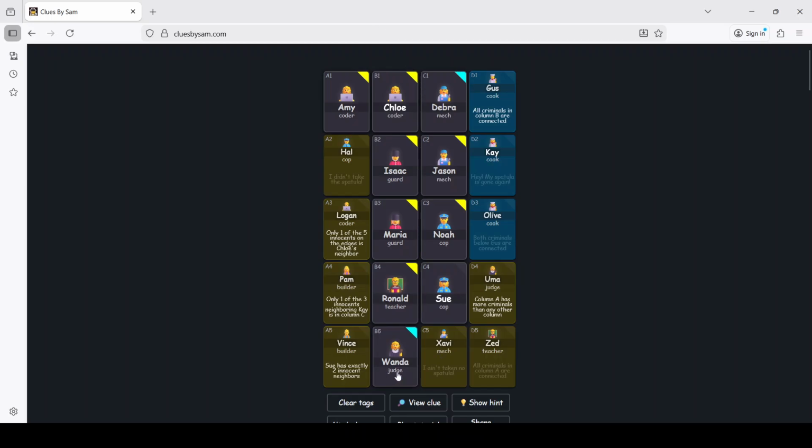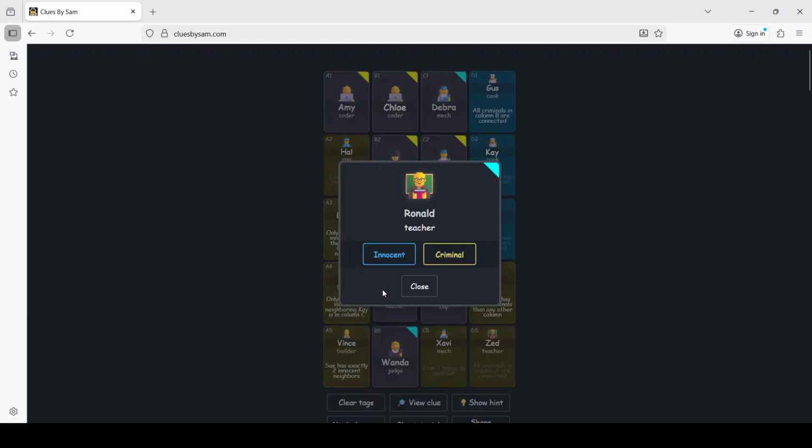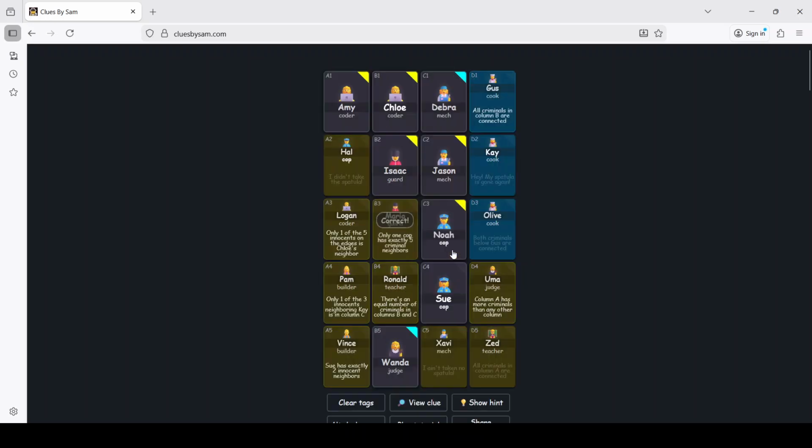However, something interesting here that we can see now is Wanda can be innocent, but Ronald can't, because if all the criminals and innocents are connected, if we try to have Ronald be innocent or Maria be innocent, Sue has way too many innocent neighbors now. So we can go ahead and mark Ronald as a criminal and Maria as a criminal, which is going to give us